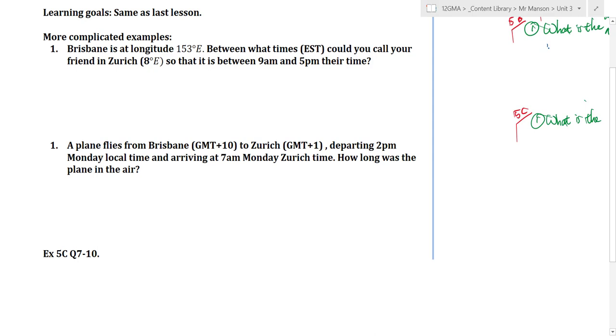Okay, so I will talk about this notation a little bit later in the lesson, but for now, if you can dip back into exercise 5C, you've got your formatives there. If you have any questions about that, you're welcome to do that. With those formatives, if you want to at some point, you're welcome to redo